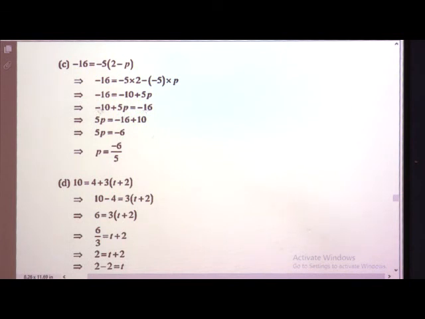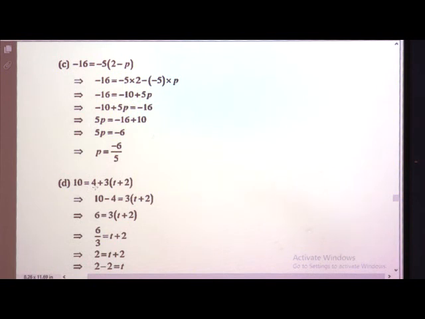When it comes from LHS to RHS, it will change the sign. So it is minus 10, now it will be plus 10. So 5p is equal to, you know, 16 minus 10 is 6, the greater number is minus, so it is minus 6. So p is equal to minus 6 upon 5. So we will see 1-2 more examples, so you will understand when it is outside the bracket, where we have to use the distributive property, and how to go step by step and find the value of the variable.